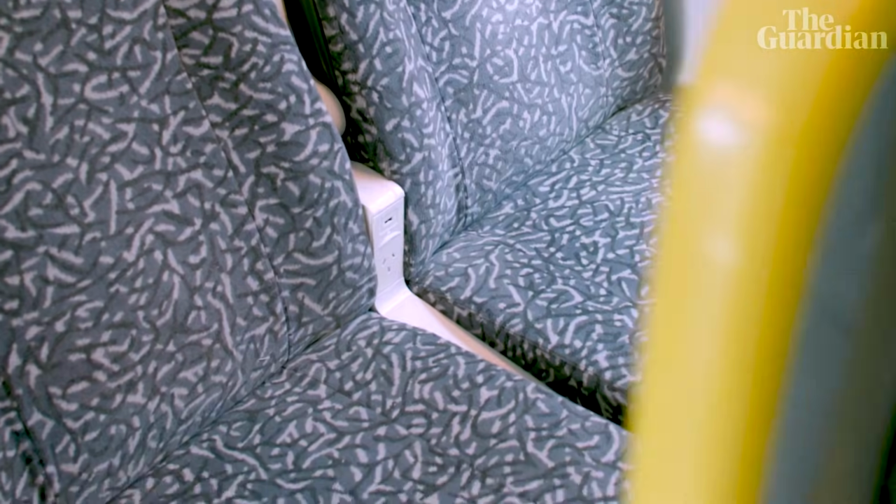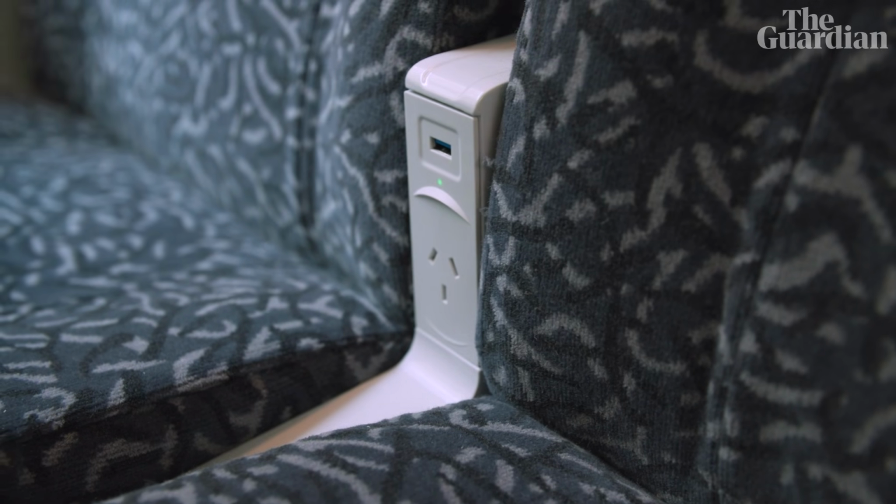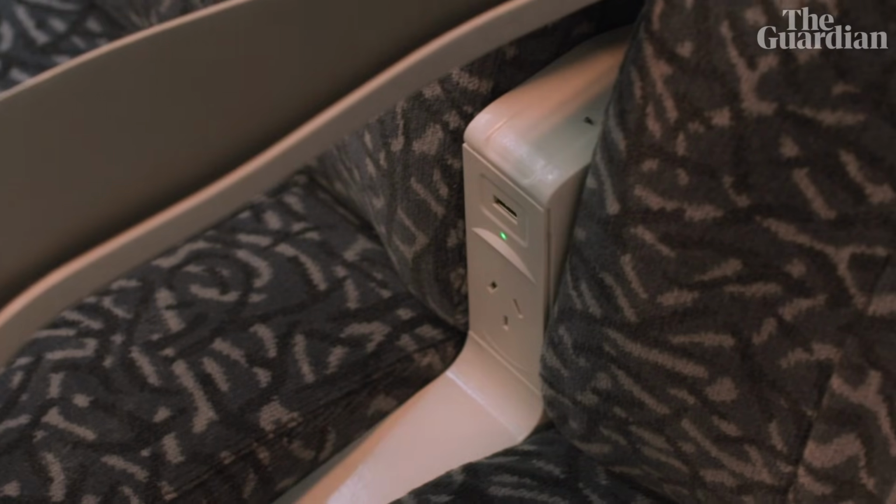One of the key new features is charging capabilities. So there are these outlets behind each seat or underneath the armrests. It is important to note, each seat doesn't have its own plug. You've got to share an outlet with your neighbour, and you're going to either need a wall plug or one